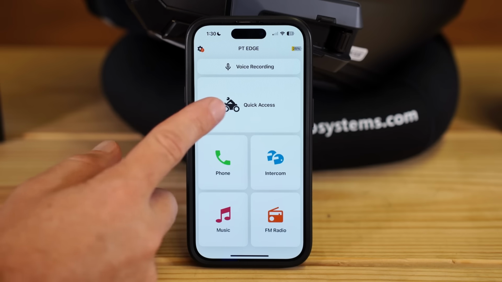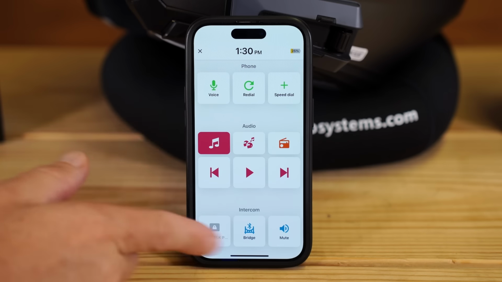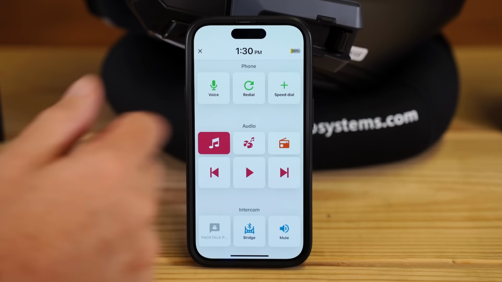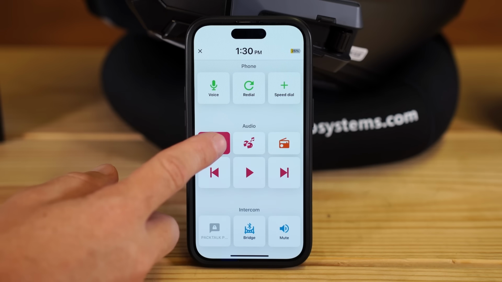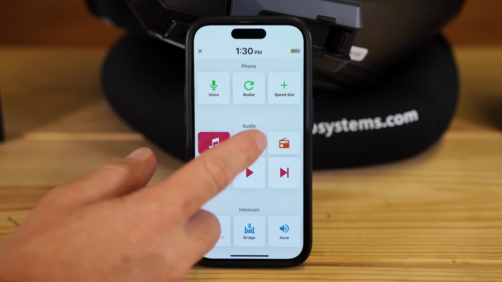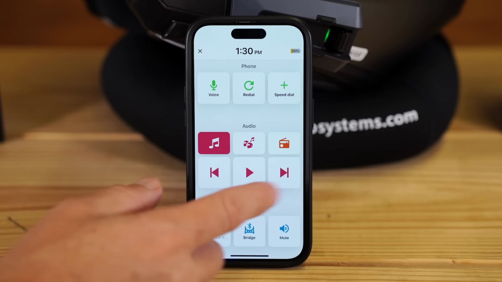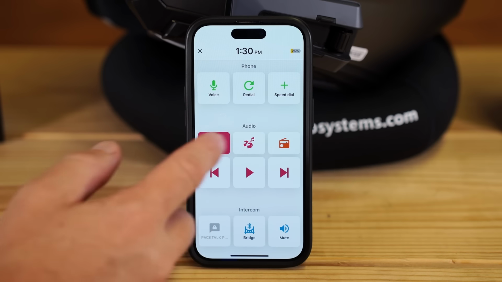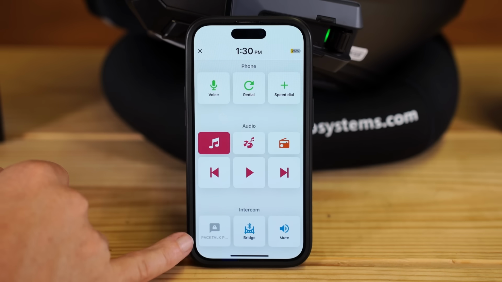Quick access is basically all the go-to buttons, the main buttons on one screen. So we have our voice dial, redial, speed dial. I can toggle between streaming music or the built-in FM radio. This little button here is to activate or deactivate sharing music with your passenger. Of course, play and stop, skip, whatever music source I'm on. At the very bottom here,